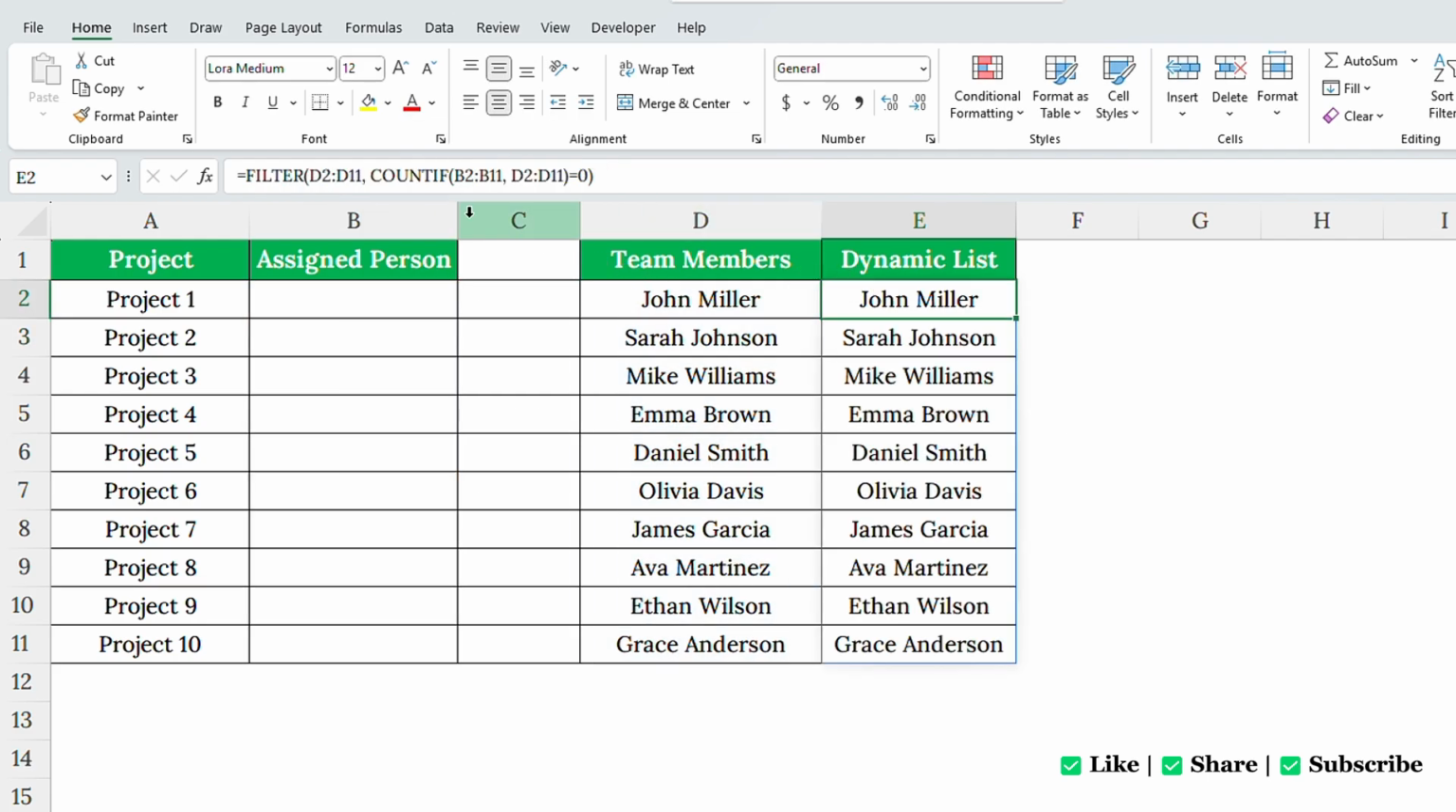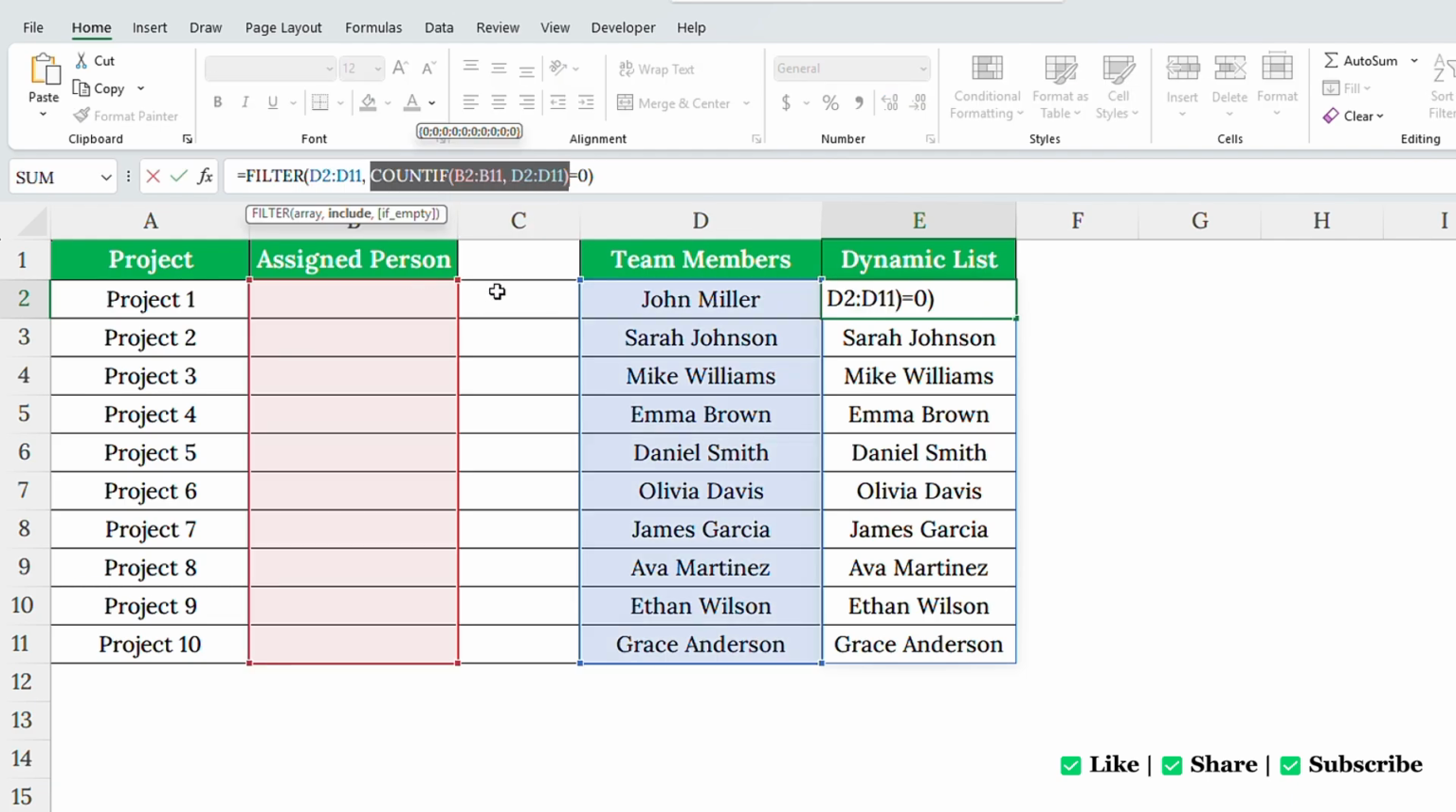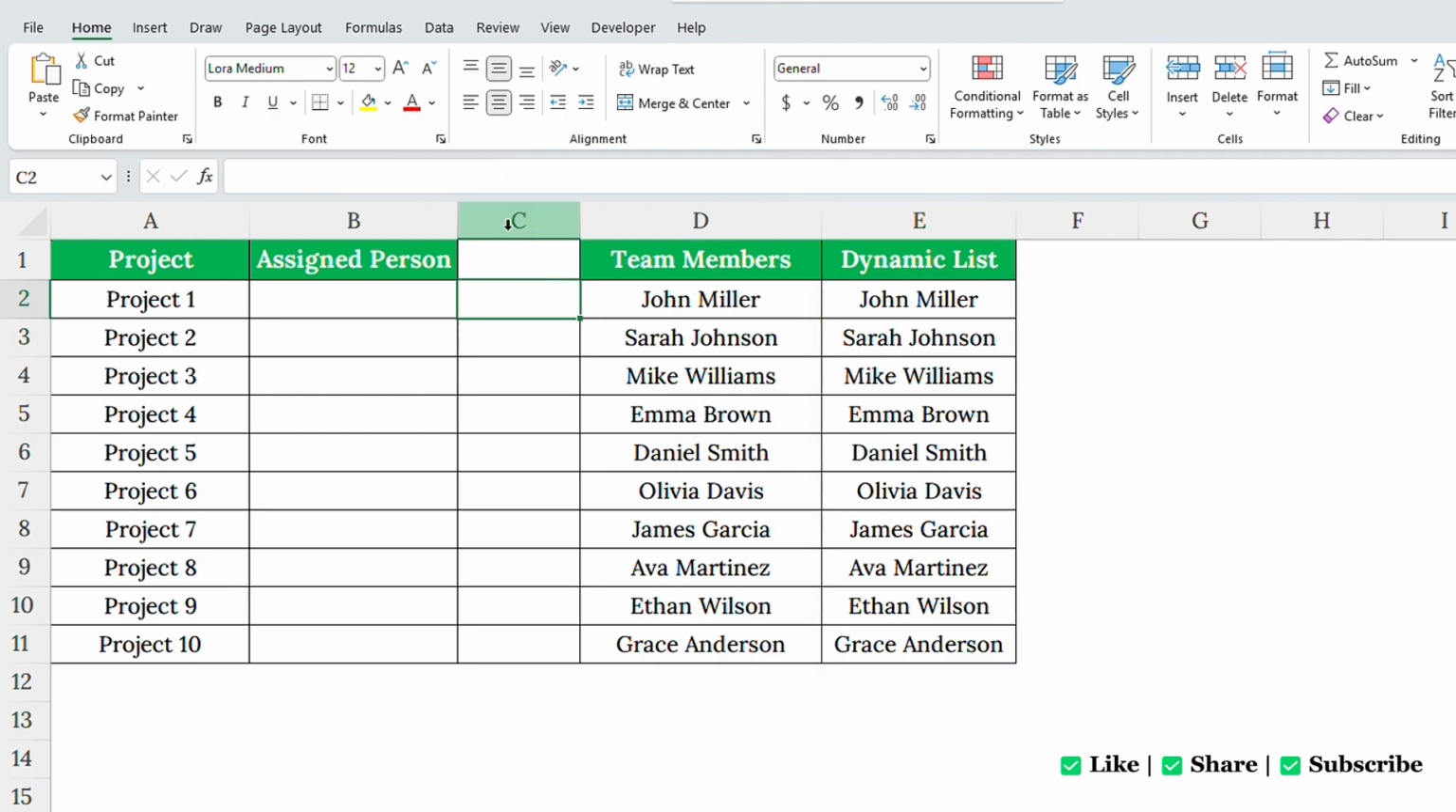Now, to help you understand this even better, here's a trick. Just copy the COUNTIF part of the formula. Paste that directly into cell C2. And press Enter. See what happens? Excel now shows how many times each name appears in the assigned person column. 0 means they haven't been selected yet, which is exactly what we want for our drop-down list. So in simple terms, this filter formula hides any name that's already been picked and only shows the names still